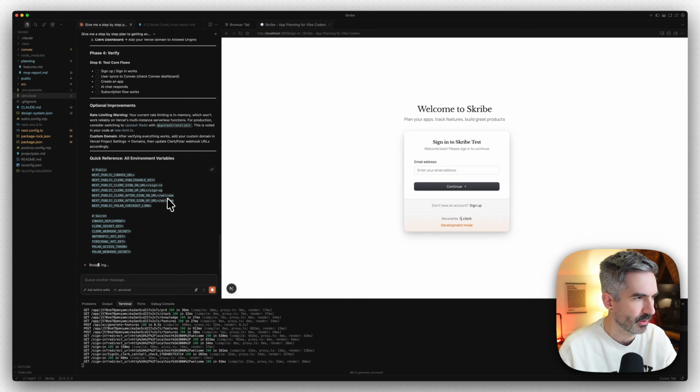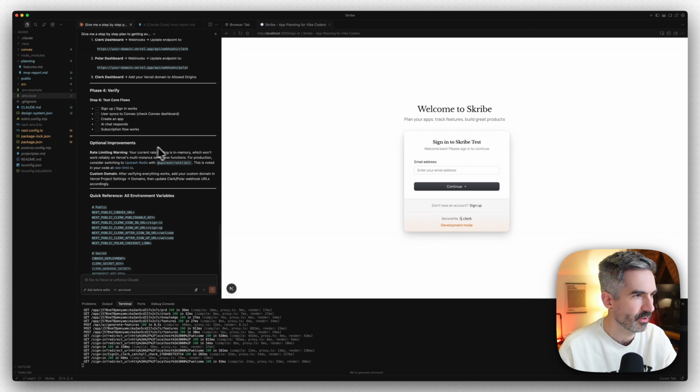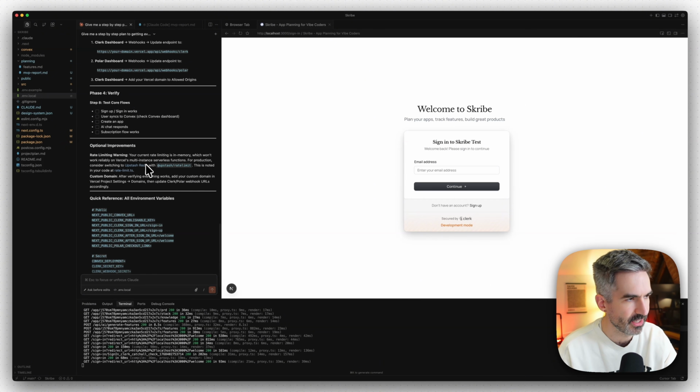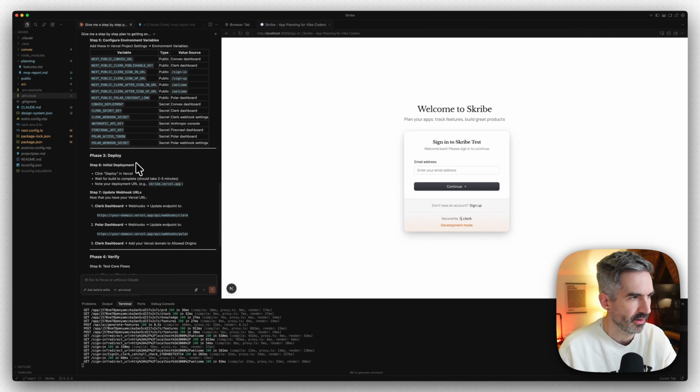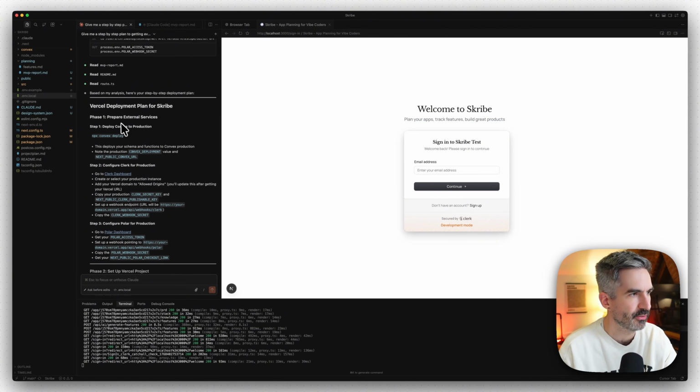There are optional improvements as well, like a rate limiting warning. Your current rate limit is in memory, which won't work reliably on Vercel's multi-instance serverless functions. For production, consider switching to Upstash or Redis with a rate limiter. So we should probably do that before we deploy, use Redis for rate limiting on our API usage. We've got a bunch of other references in here, but basically this breaks down to number one,